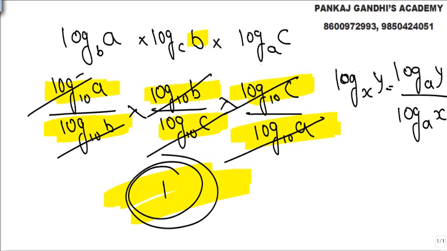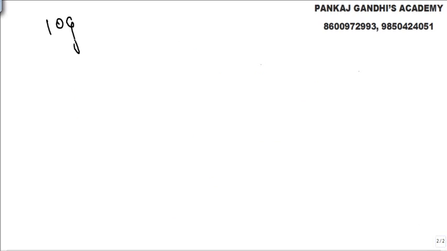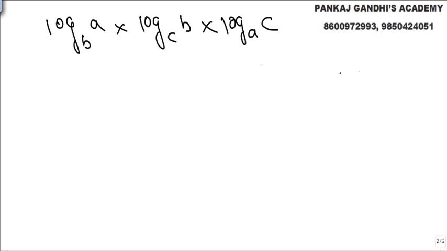Look, the more important part is what? The more important thing is how you solve in the exam. Let's say log to the base b, अब ये आ गया log to the base c and log to the base a c. Let's say exam में you don't know which properties to be used. Trial and error. This is what most of the competitive exams are all about. कुछ भी powers of 2 ले लिया.